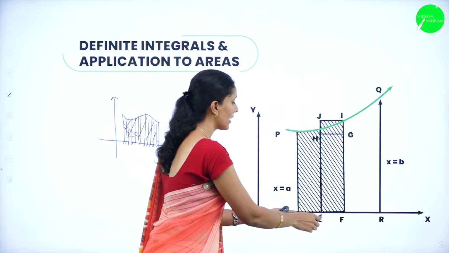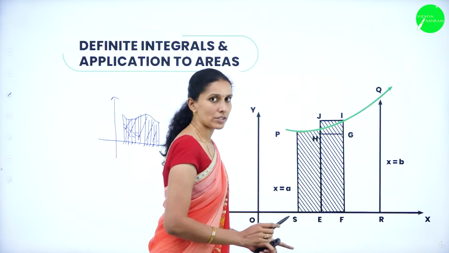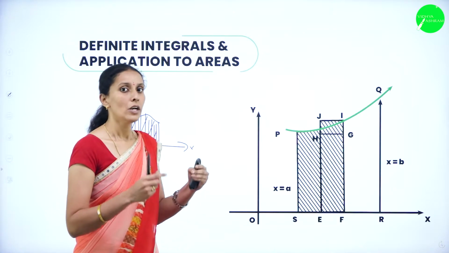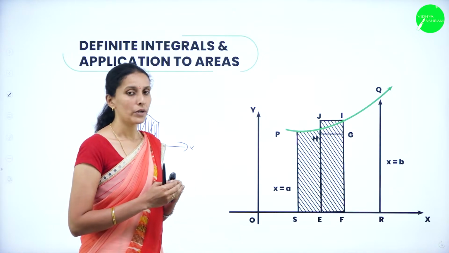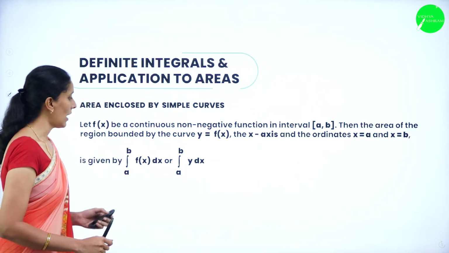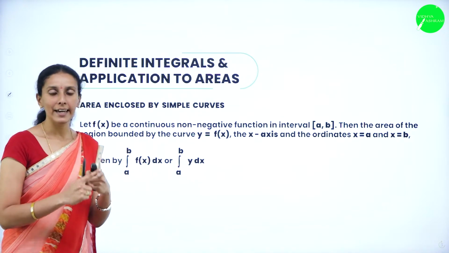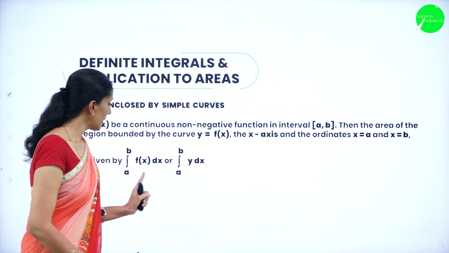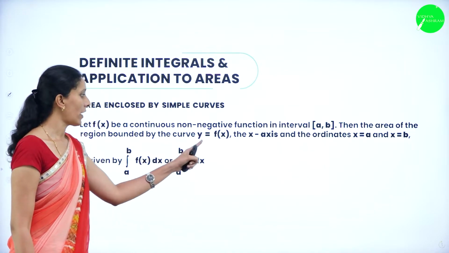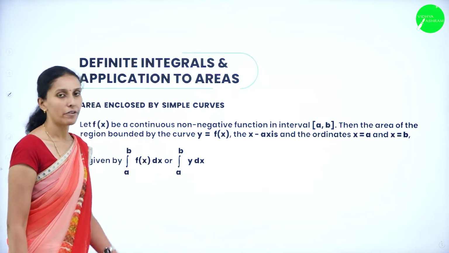First I will calculate the area of this rectangle. Next I will calculate the area of this rectangle. Similarly, we will consider very small, minute rectangles and integrate them to get the total area of the curve. This can be obtained as the integral from a to b of f of x dx. Integrating means we are adding. So we integrate f of x dx, and the curve is represented by y equals f of x. Hence here we have taken y and the limits from a to b.